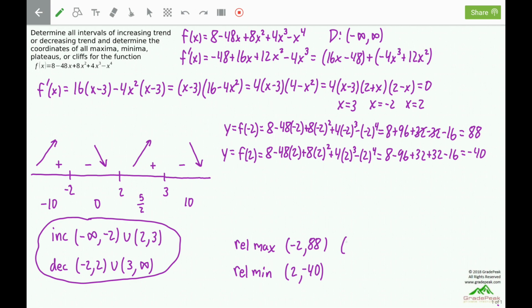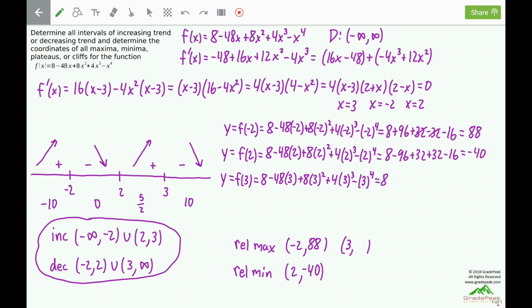So there's another relative maximum with an x coordinate of 3 and a y coordinate that can be found by plugging it into the original function, which will be 8 minus 48 times 3 plus 8 times 3 squared plus 4 times 3 cubed minus 3 to the 4th,